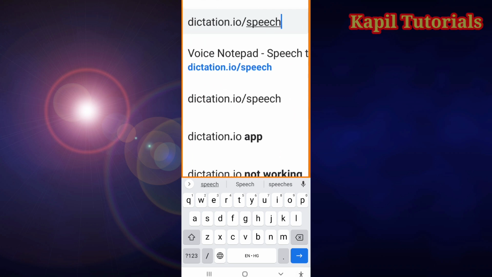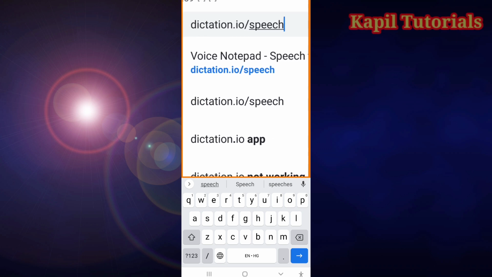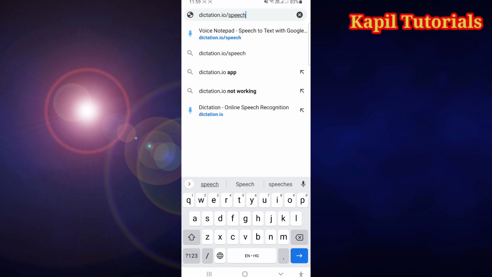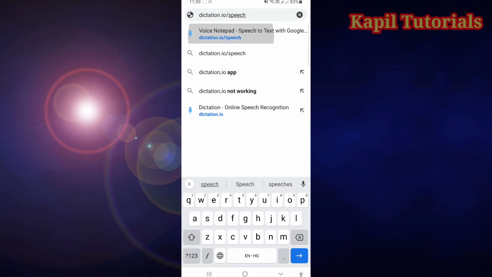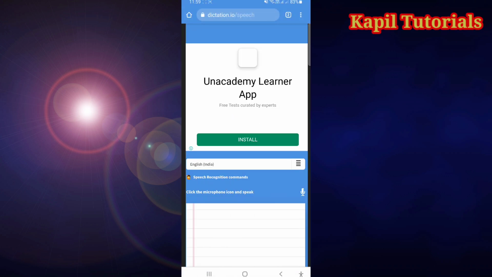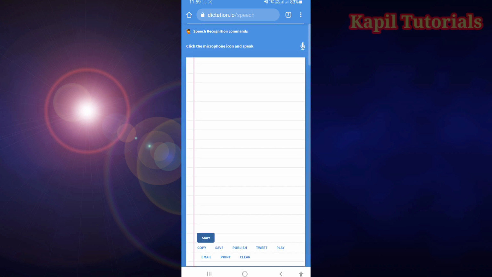This you have to type in your browser. I am using Google Chrome, but you can use any browser. Afterwards I'll click on this option. It will take a little while and it opens like this.